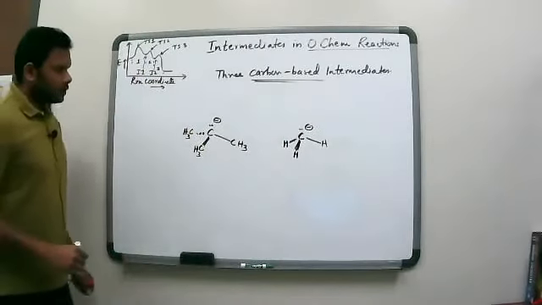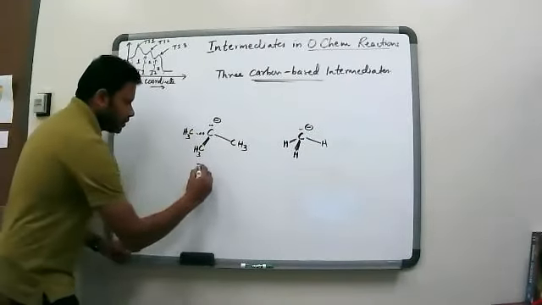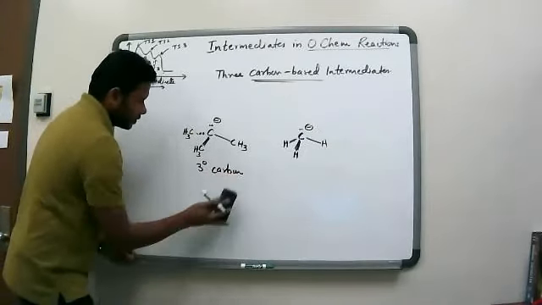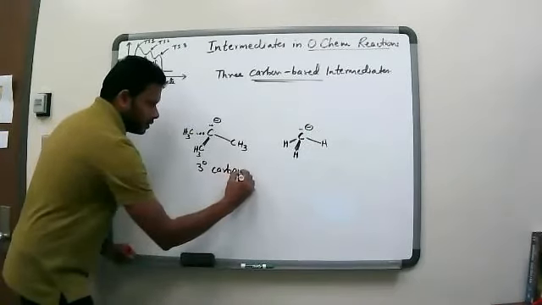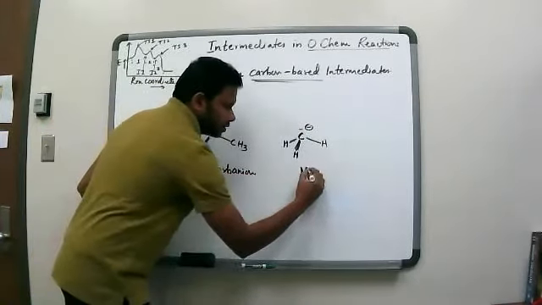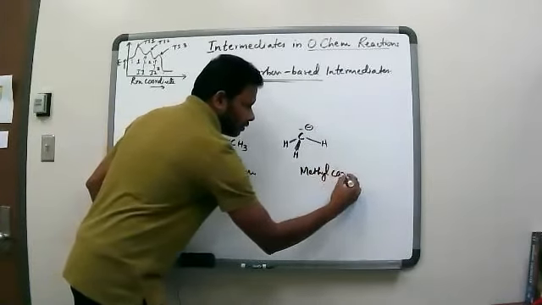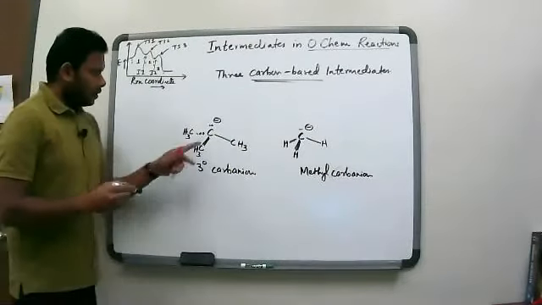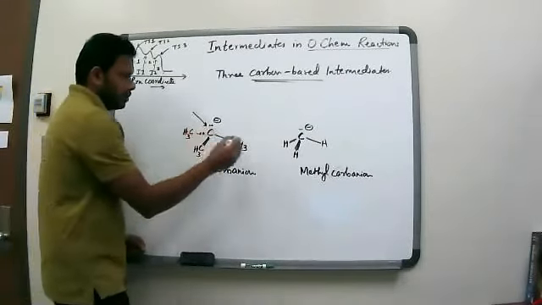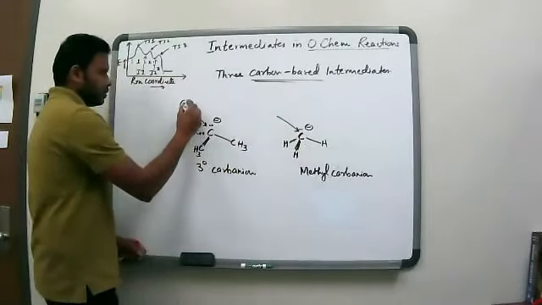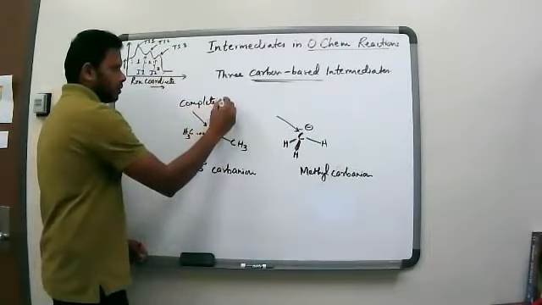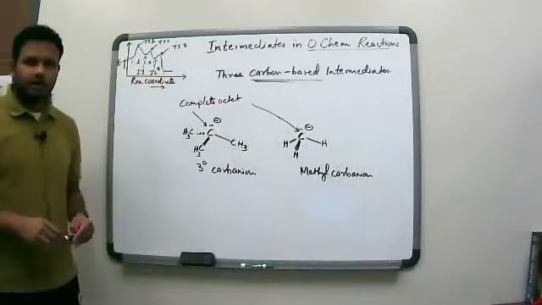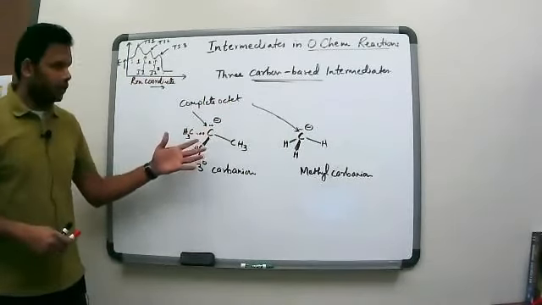Okay, so now this is a tertiary carbon radical, sorry, carbanion, not radical. This is a tertiary carbanion. This is a methyl carbanion. Now, the carbon here, this has a complete octet. Okay, so both of these, they have complete octets, which means they don't want to see a lot of